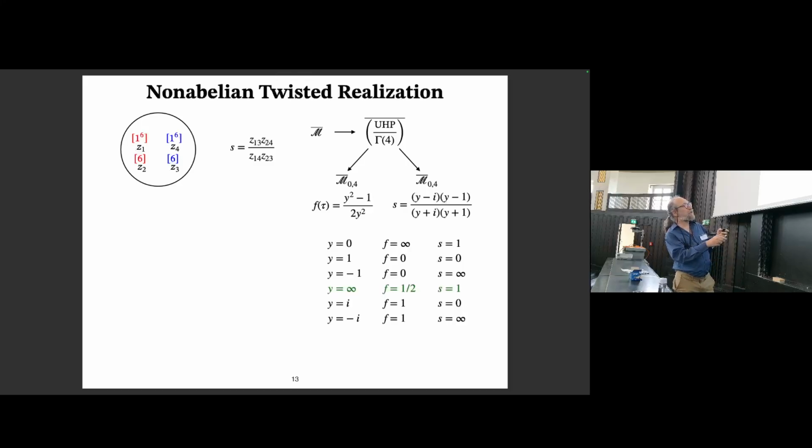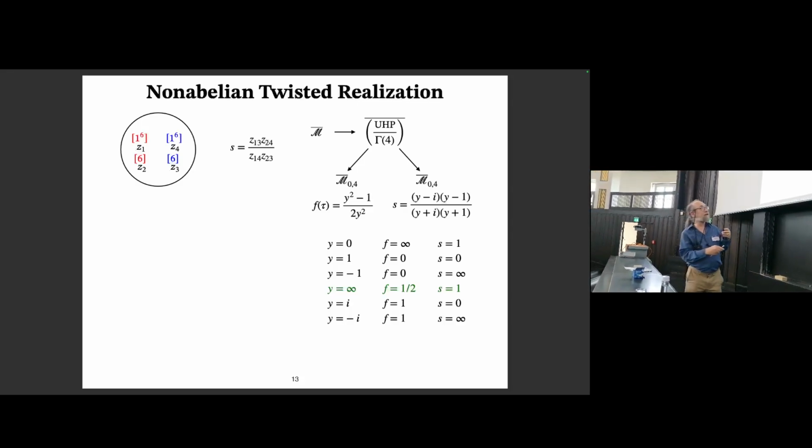And you can see at the 6 cusp points of upper half plane modulo gamma of 4, I get different behaviors. And I want to emphasize that at this cusp point, I get some strongly coupled theory in the middle of the